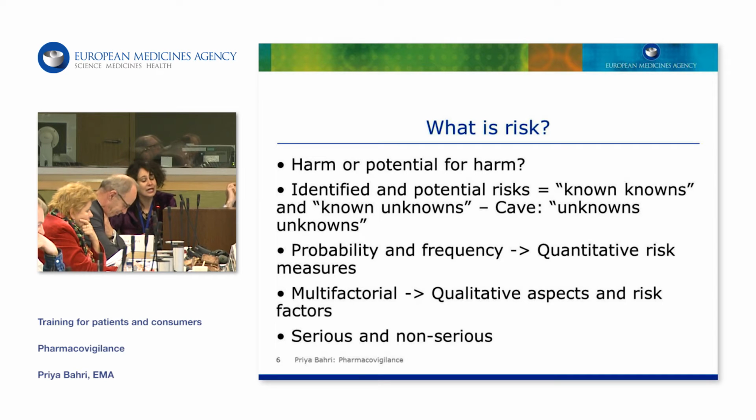measure. More interestingly, it becomes when we look into the qualitative aspects and the risk factors which can modify the risk of a certain patient. So the probability can actually be very different from the overall frequency, and we have to distinguish between serious and non-serious risks. I know this is a quite complex slide, but I want to give you the feeling this is a very complex science with a lot of aspects, and for all those who are somehow involved in discussions, this is the scientific background against which things will happen and what experts will have in mind. So I wanted to give you that flavor.